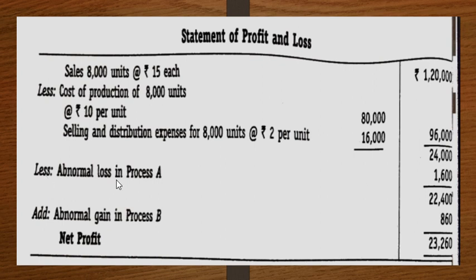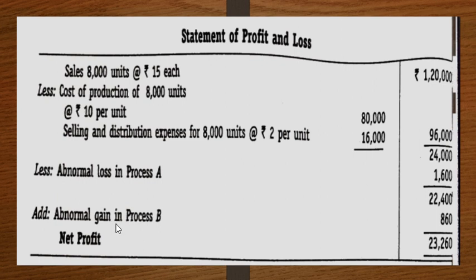For abnormal loss, we find out the units, and how much the loss is, the total amount can be found only by multiplying the number of units. So that is why we use that cost per unit formula and find out the abnormal loss units. So this is the exact cost that is incurred. After the cost is incurred, this is your abnormal loss, which is unavoidable, and this loss will be deducted from the balance. What are you getting? 24,000 minus 1,600, which is your loss, you get 22,400.